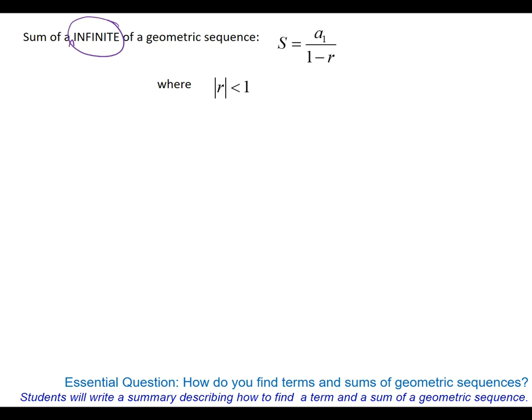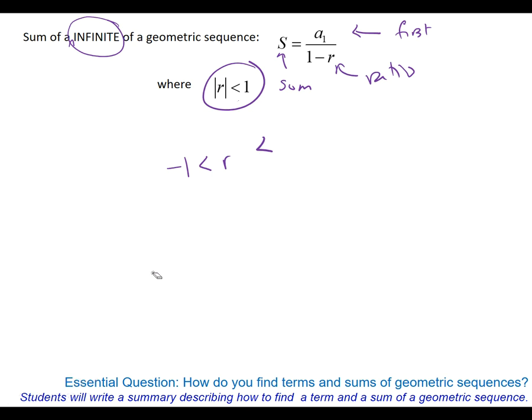Only under certain circumstances. So the formula is this: S stands for sum, A sub 1 is the first term, and R is the ratio. But there's a condition on the ratio. The absolute value has to be less than 1, meaning your ratio has to be